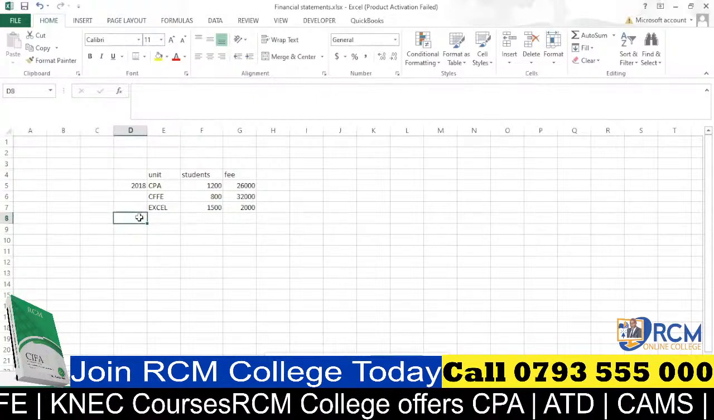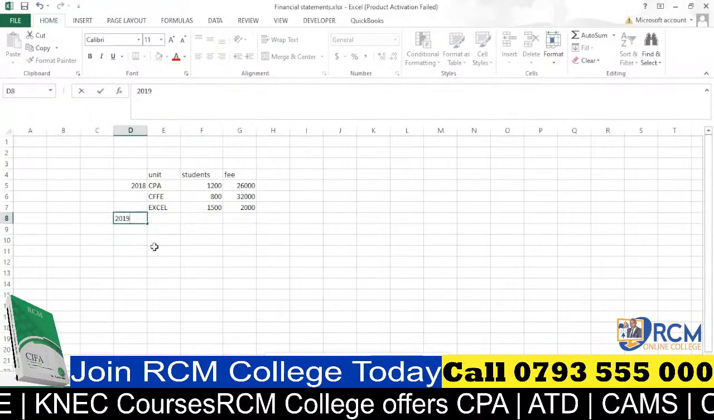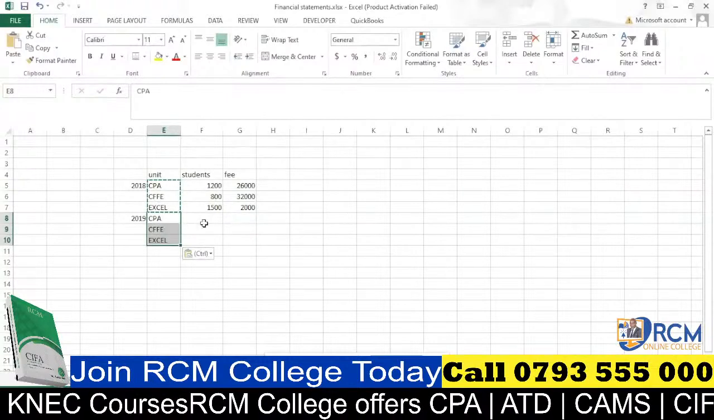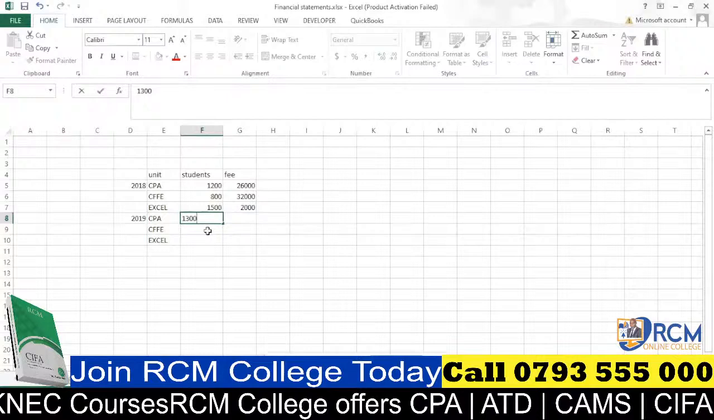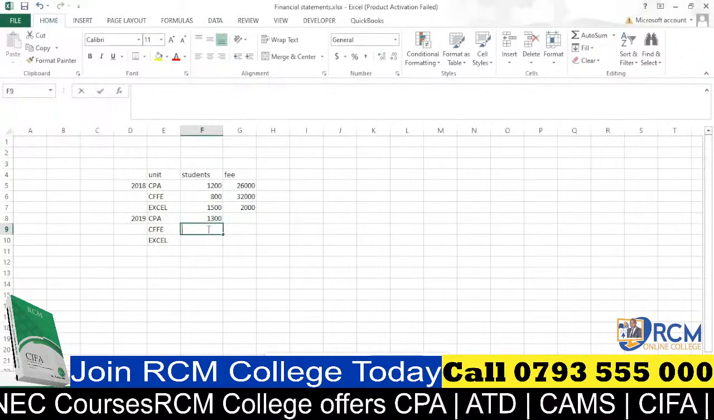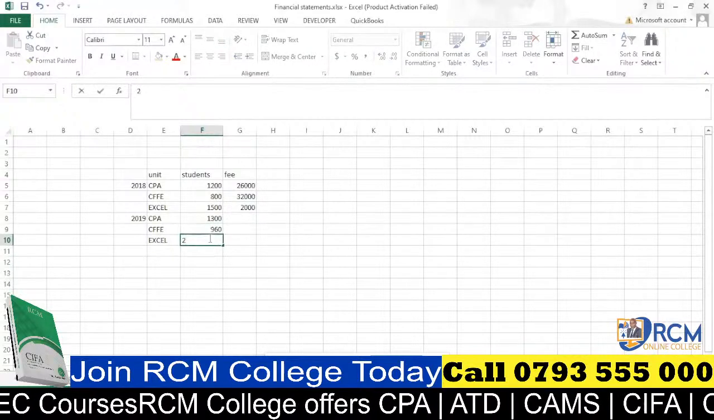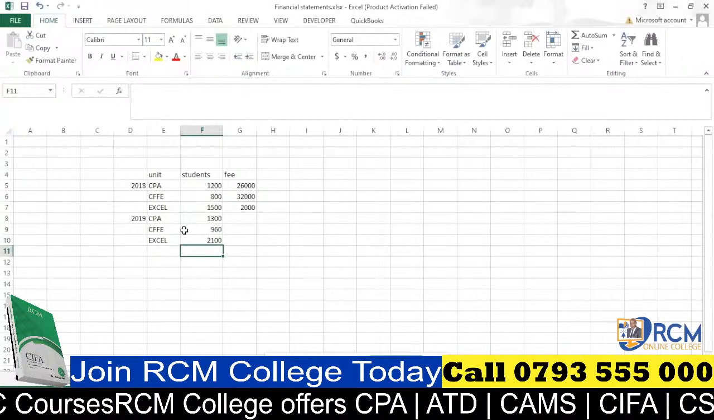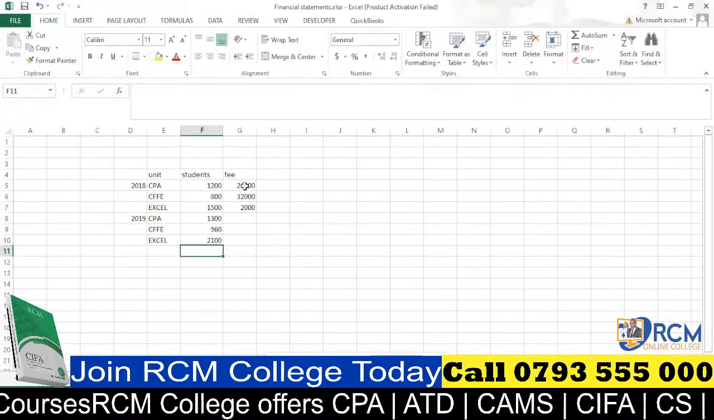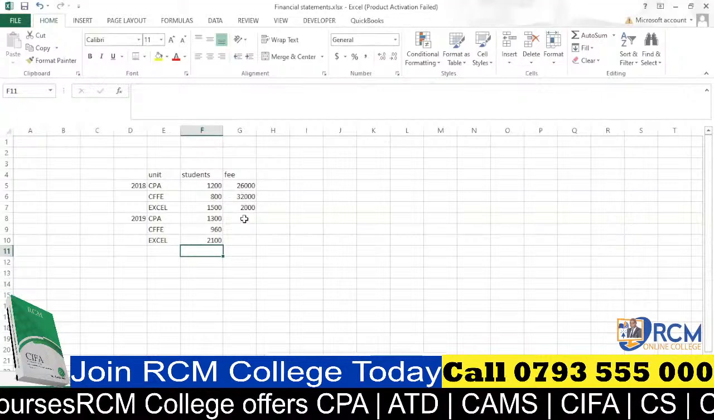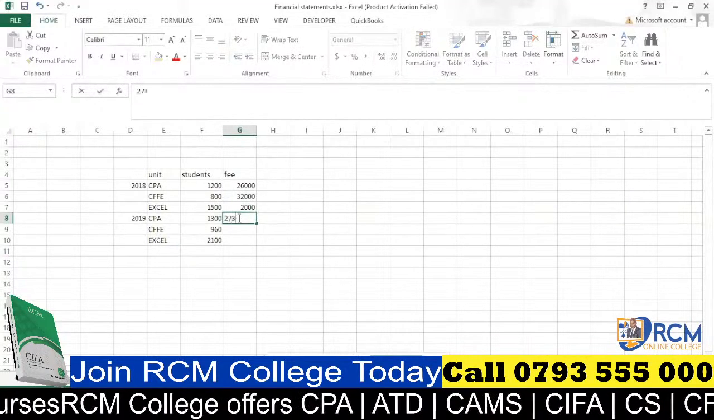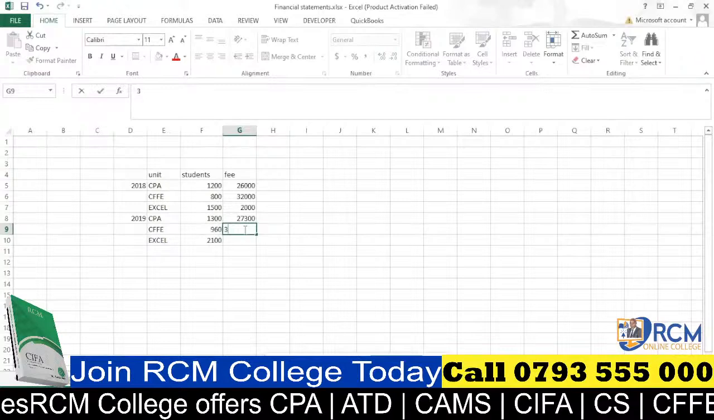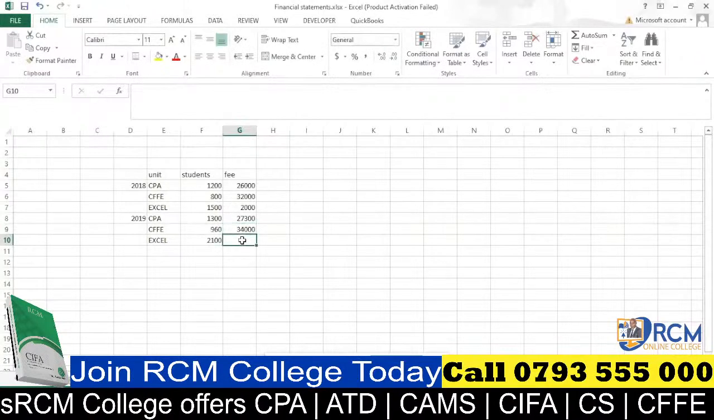In 2019, the number of students increased. Now we add 1,300 students taking CPA, CFFE 960, and Excel, we now add 2,100 students. The prices also, due to inflation or time value of money, are adjusted. So we now have 27,300 per student. This CFFE, we now have 34,000, and this one we now have